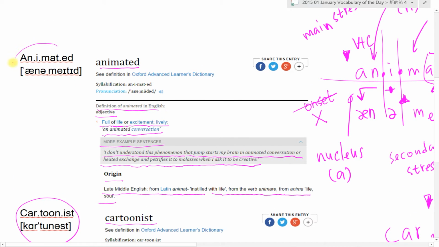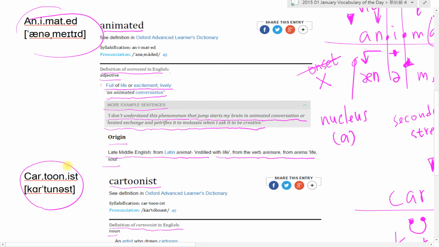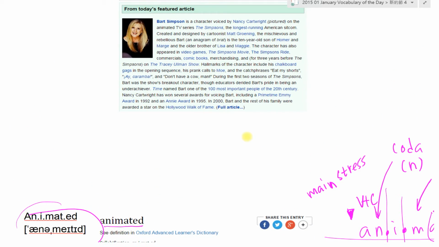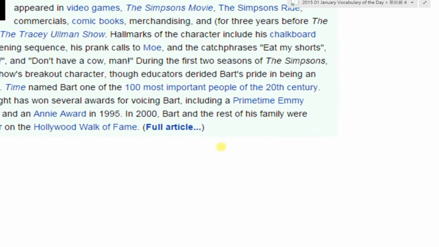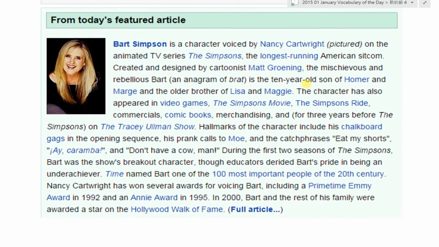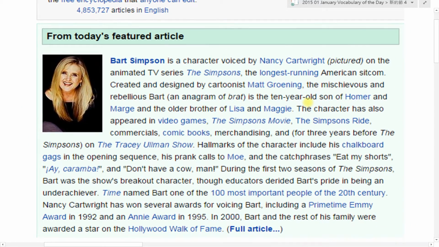好，所以我们念 cartoonist。再跟老师念一下 animated，cartoonist。好了，对这篇文章有兴趣的人，可以到我们的 wikipedia.org 去找 Bart B-A-R-T Simpson S-I-M-P-S-O-N，一个美国著名的卡通影集。